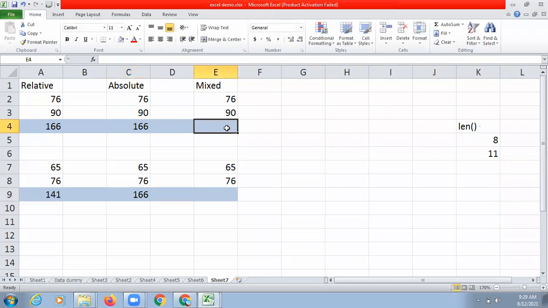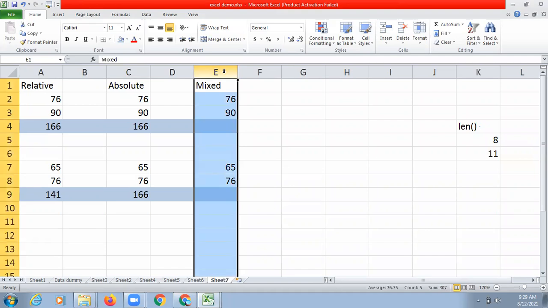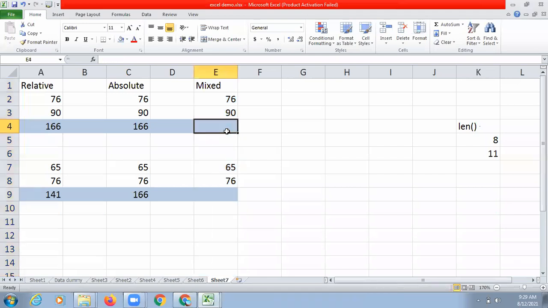Now what is mixed referencing? Mixed referencing means I want to change half of the formula and the other half I don't want to change. That you have to decide yourself. Either you want to change the column or you want to change the row. Let's say क्योंकि मुझे इसी वाले कॉलम में कैलकुलेशन करनी है, I know my column is fixed, E is fixed, but the rows are getting changed. ठीक है, so I have already decided my column will remain fixed, but rows can change.